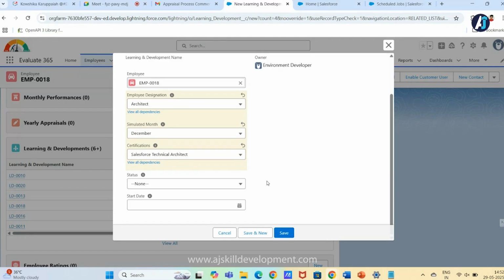So what I have done is they need to complete it within 2 months. If he completes within 2 months, it's okay. If he keeps the same certification for 3 to 4 months, it will give us 0 point ratings. Only when he completes it will it count as a point.